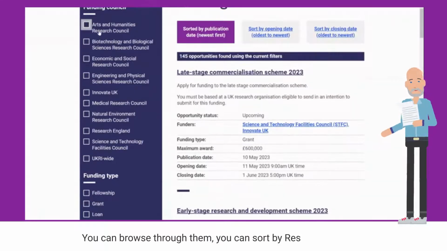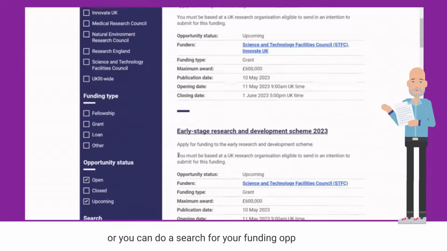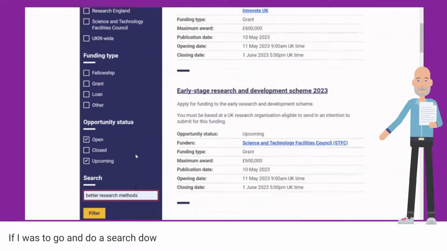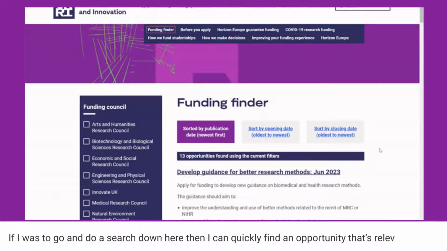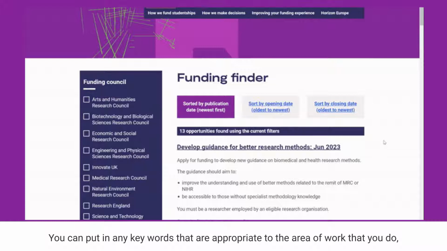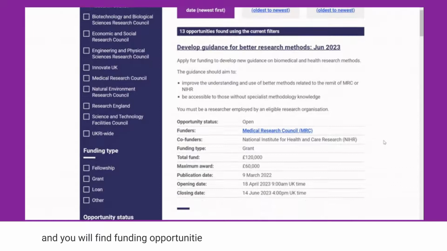You can sort by research councils if there's a particular research council that you're used to dealing with, or you can do a search for your funding opportunities. So if I was to do a search down here, I can then quickly find an opportunity that's relevant to me. You can put in any keywords that are appropriate to the area of work that you do, and you'll find funding opportunities that hopefully are available to you to apply to. And if I were to go into this one here, for example,